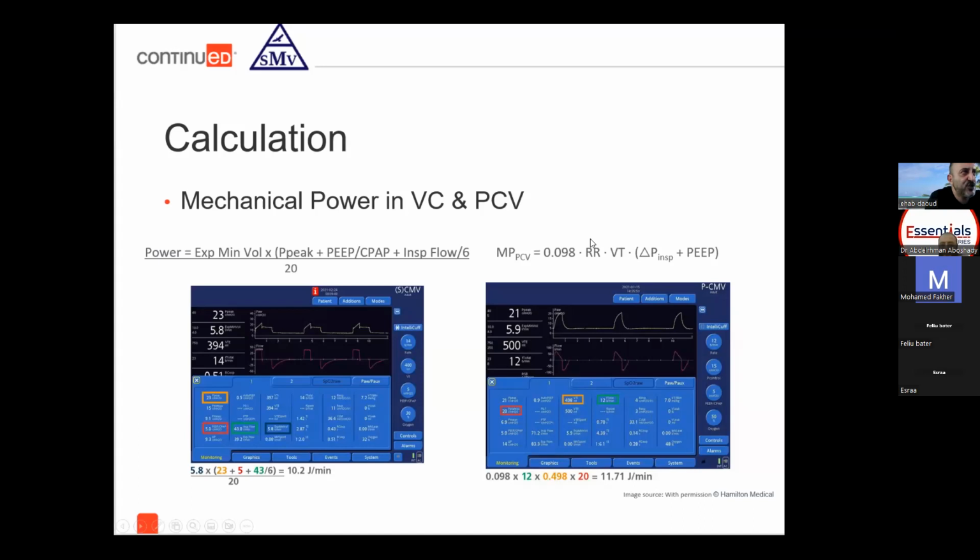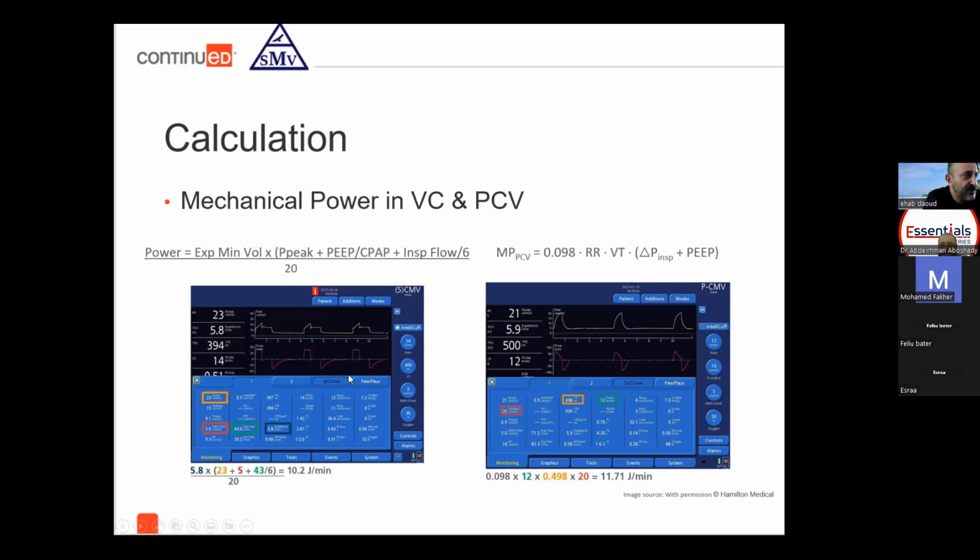Again, in pressure controlled, the conversion factor 0.098 times respiratory rate times the tidal volume times the delta pressure plus PEEP. So you get here respiratory rate 12, tidal volume, this is in liters, so it was 0.498, times the respiratory rate of 20, the driving pressure plus PEEP. So it comes to 11.71. So basically what I'm trying to say is there are simple equations that you can use to calculate the mechanical power